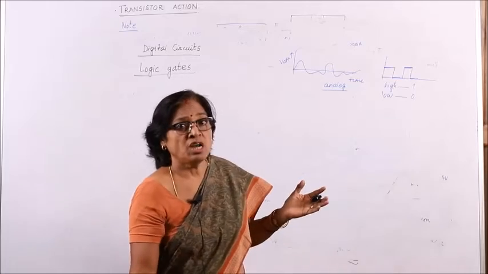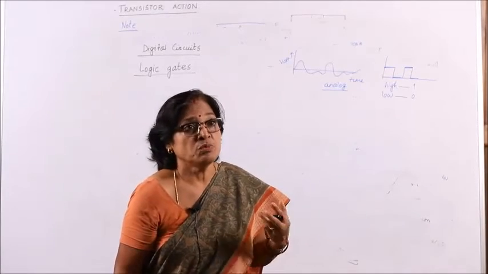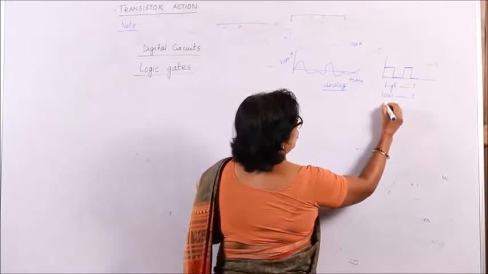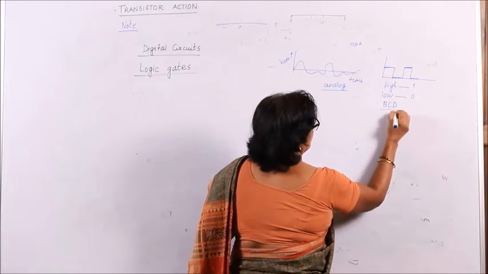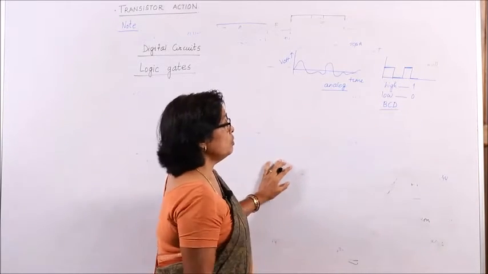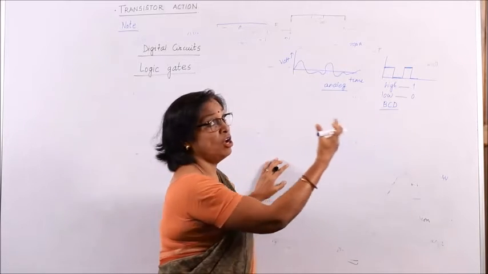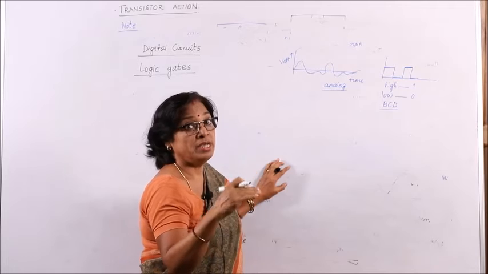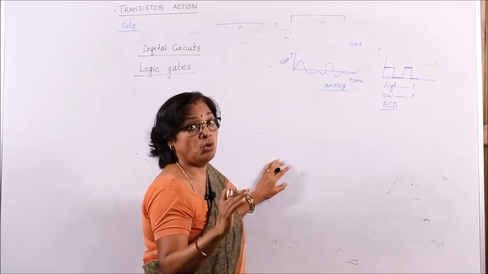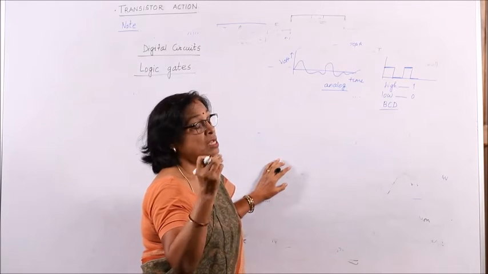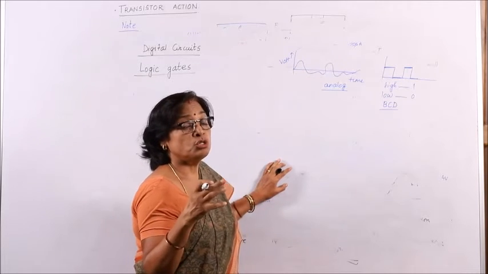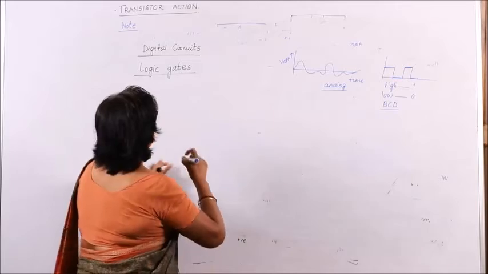These are used in all our circuits nowadays, the computers, all your mobiles, all these things work on the binary coded decimal system BCD. So, in this case either it is high or low, 1 and 0, everything is converted into 1 and 0, yes or no, high or low, high voltage is given 1, low voltage is given 0, and it is used with the logic circuits.